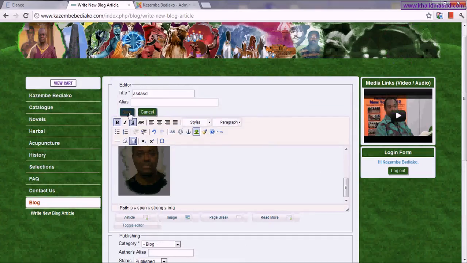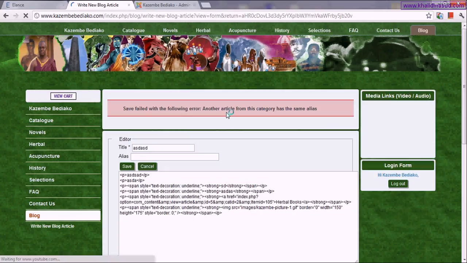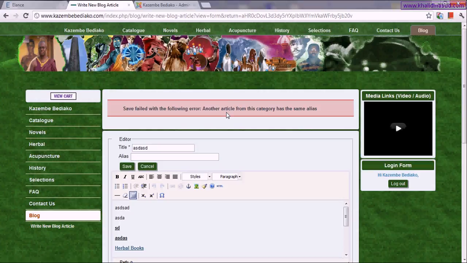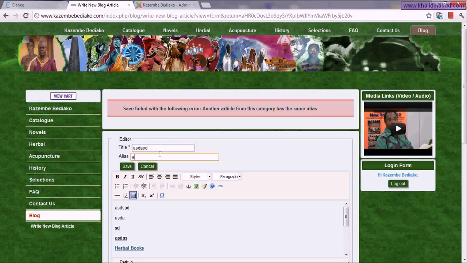Okay, let me save this just to show you. It's saying that the article with the same name or same alias is already there, so I have to change the name here so that it can be saved.